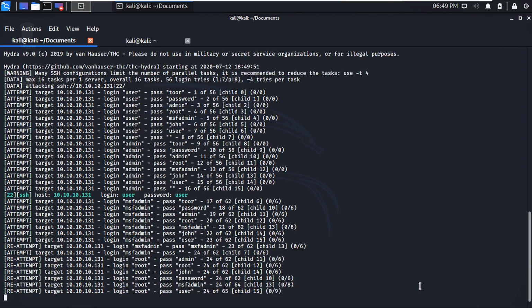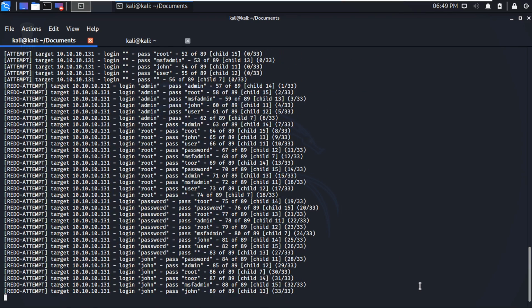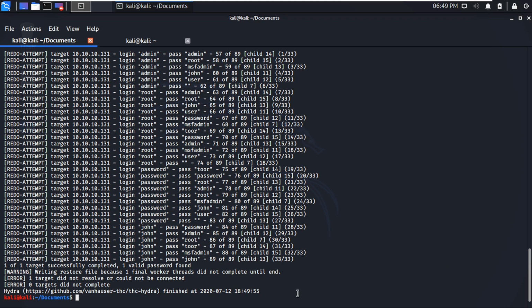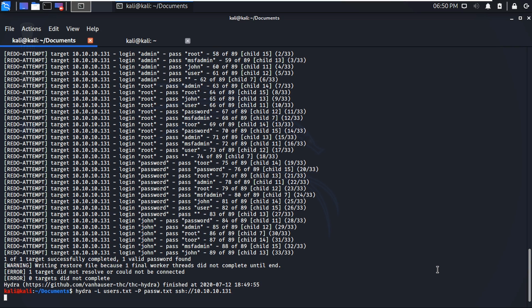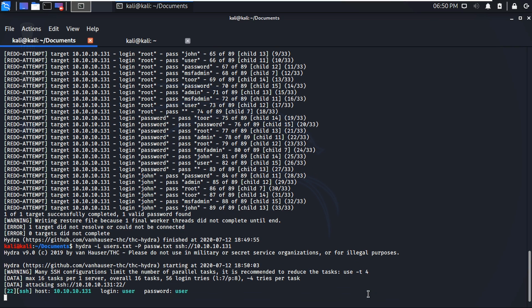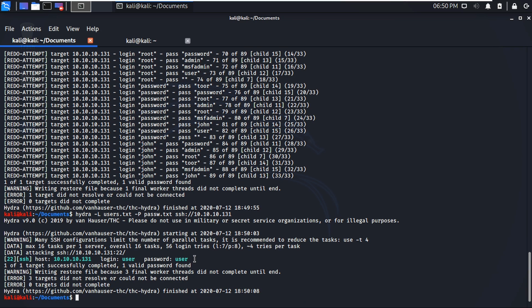So let us press enter, and you will have the username and password shown. Let us turn off the verbose mode to make it clearer. And you can see the username is user and the password is user for SSH on this IP.